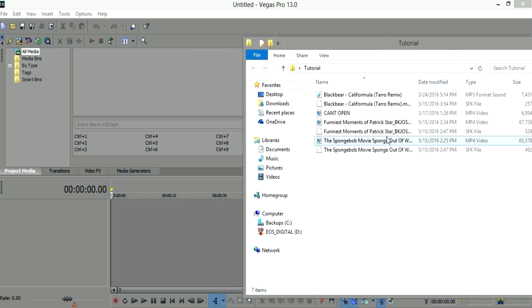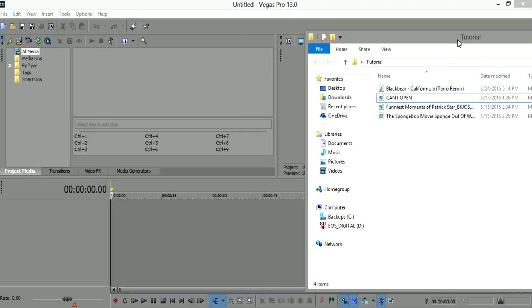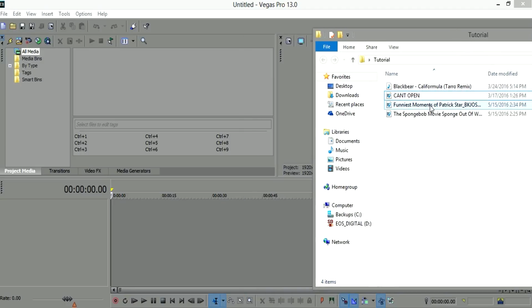Let me delete some of this stuff, because I already did this tutorial before, but I had to do it again. So I have two SpongeBob clips right here, right? To import them, there's a bunch of ways you can do it. The easiest way I like to do it is I just highlight them and then drag them in